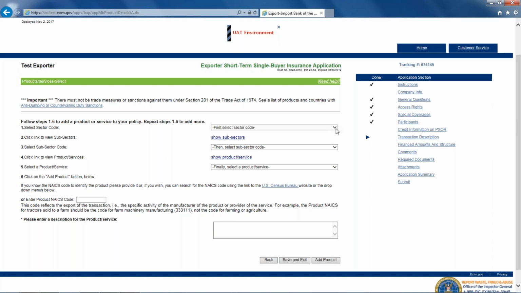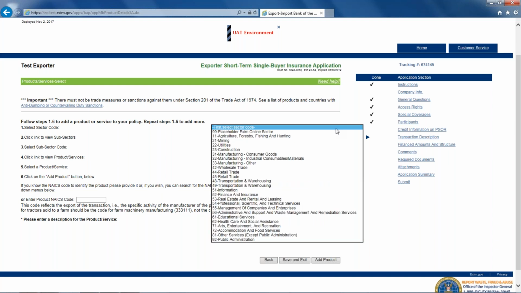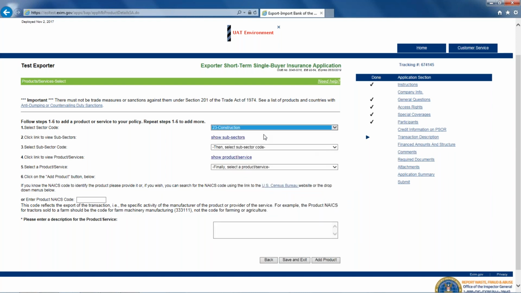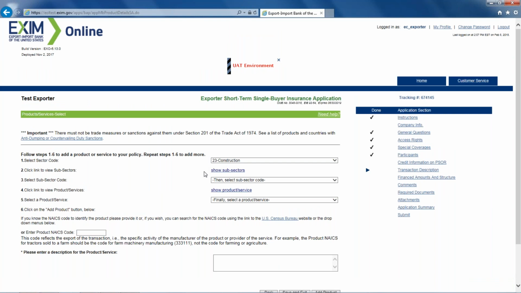So let's see how this works. We don't know what the NAICS code is, so first we're going to pick one of these. And I know what sector I had before. Let's say tiles, so I'm going to say it's construction. It's now going to ask for my subsector, but I need to pre-populate the subsectors for the construction sector by pressing on that link, show subsectors. Now I can press the drop-down screen and choose from these 3 options. And then we're going to dive to the next level.